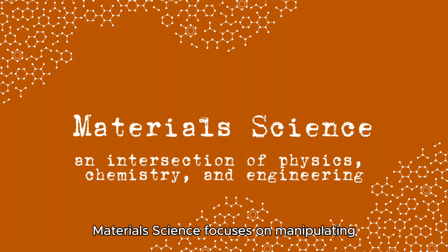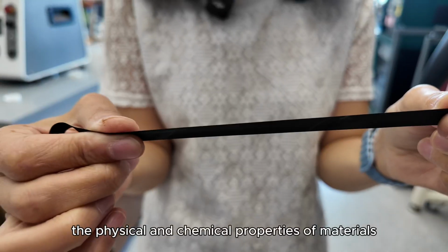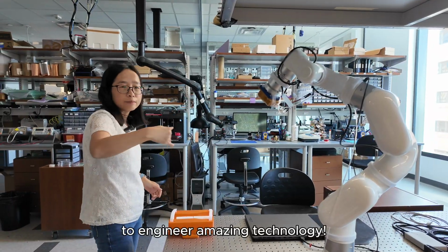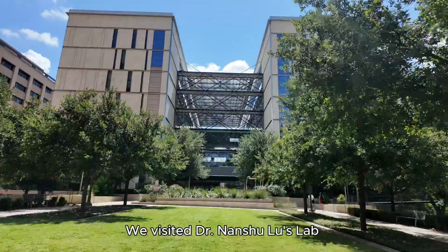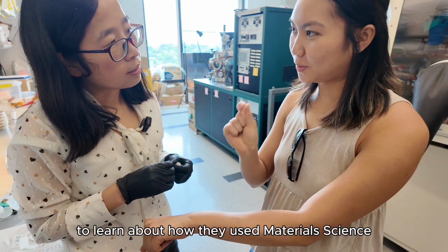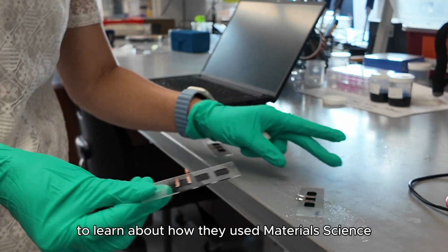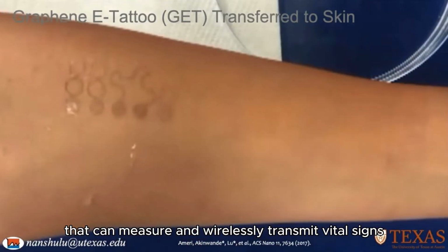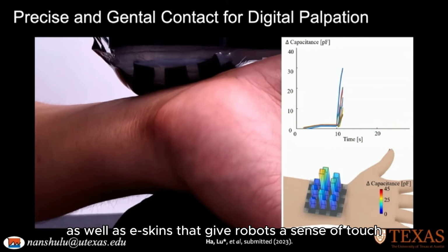Material science focuses on manipulating the physical and chemical properties of materials to engineer amazing technology. We visited Dr. Nanshu Lu's lab at UT Austin's Cockrell School of Engineering to learn how they used material science to create e-tattoos that can measure and wirelessly transmit vital signs, as well as e-skins that give robots a sense